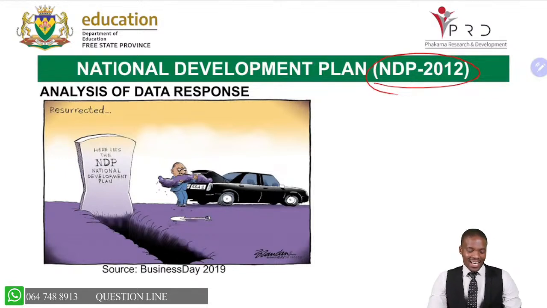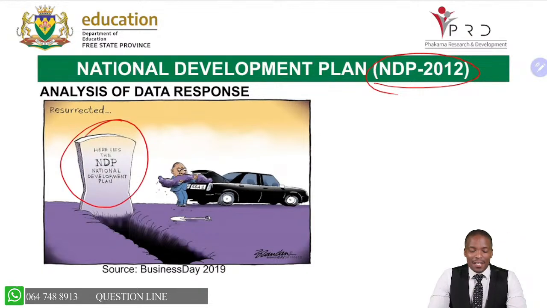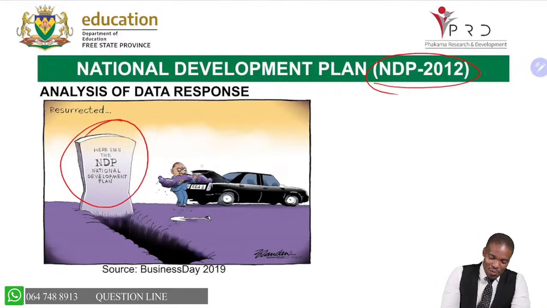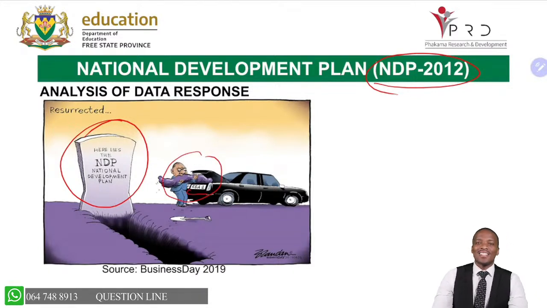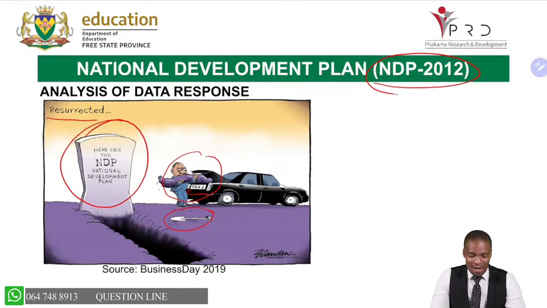So let us analyze this cartoon, and I would want to know what you are thinking, because I see here something that says here lies the NDP, which is the National Development Plan. Then also I see a person carrying something, and it's indicated there that RSA is number 1. Then I also see a spade. Then I see some words that are written there. So now my question would be,